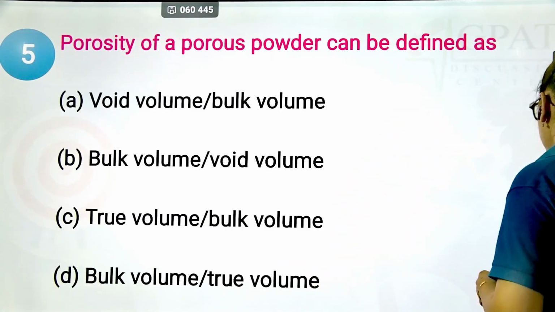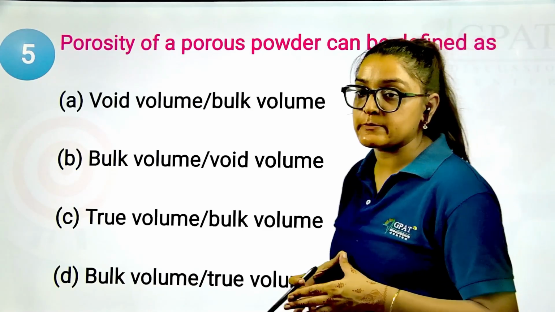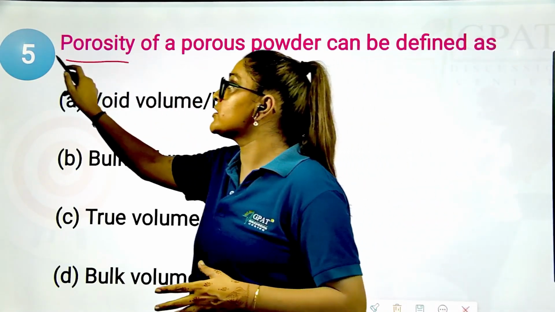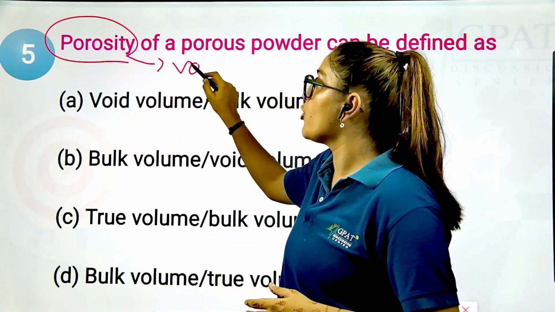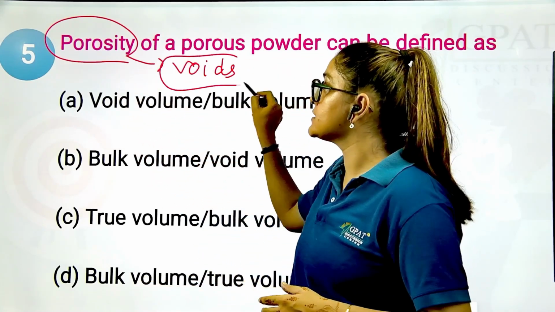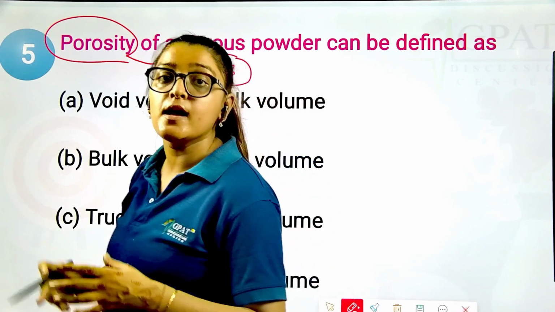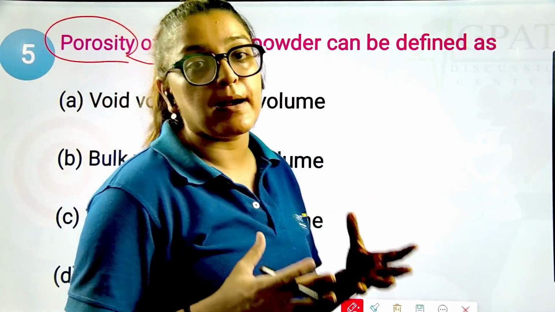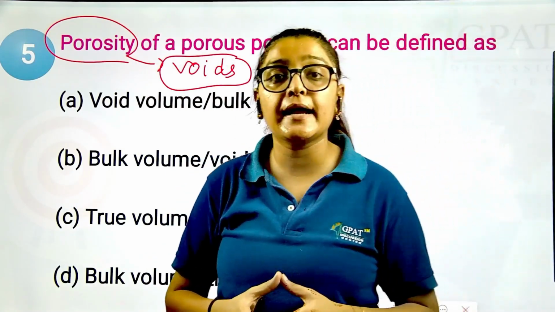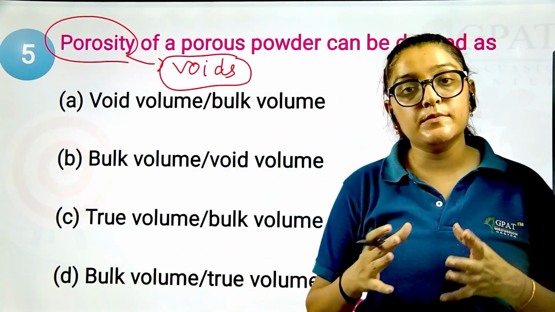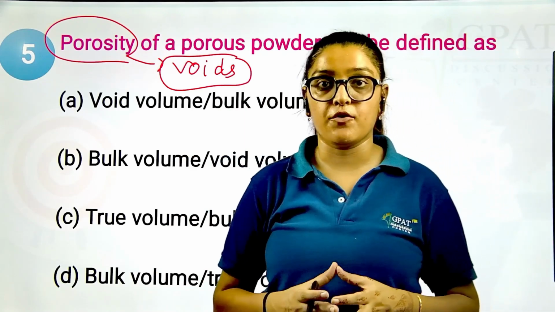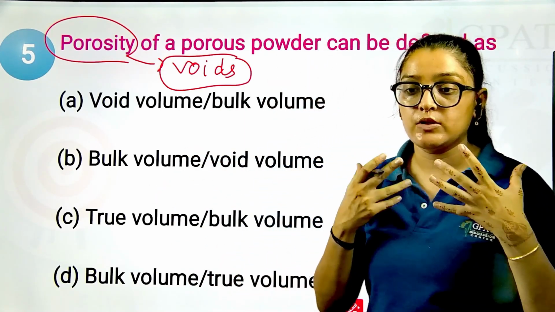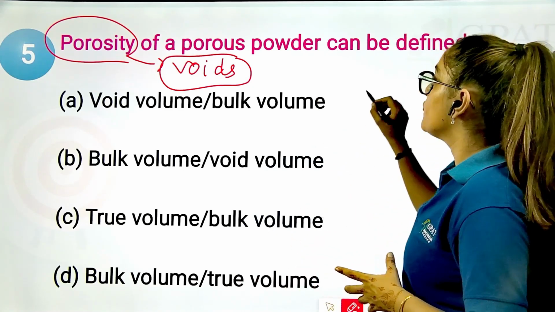Next question. Next we have: porosity of a porous powder can be defined as. So for those who do not know, porosity is when we are talking about the voids or the gaps. The particles are arranged in a certain manner that they may have certain gaps between them. The interparticular voids, right? So that is actually eliminated. Then you consider the true density of the particle, right? So here the porosity is what? Porosity gives an idea about the void. So it is nothing but the void volume